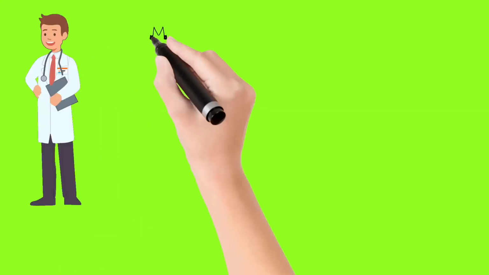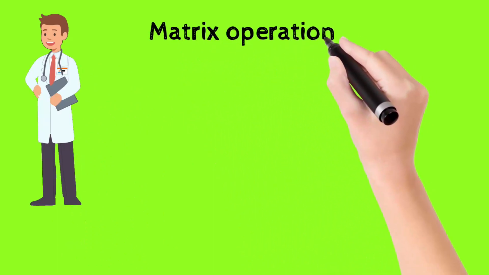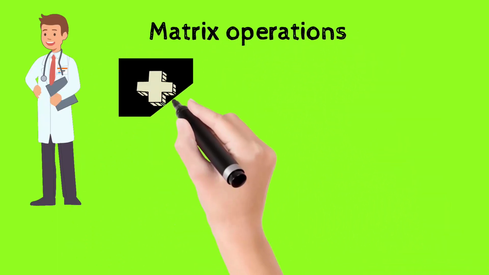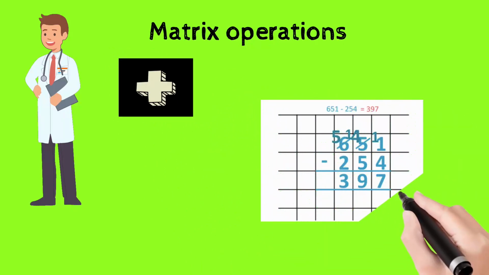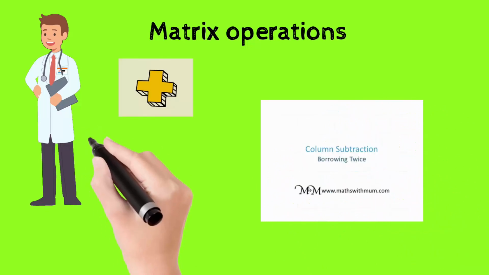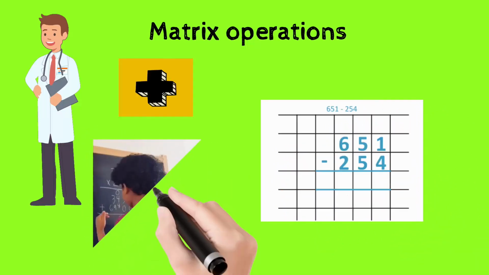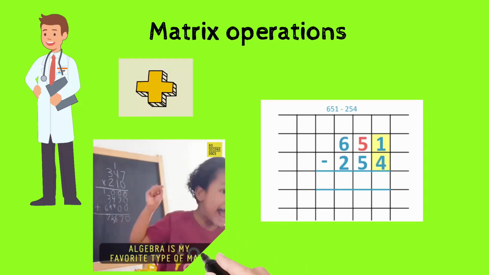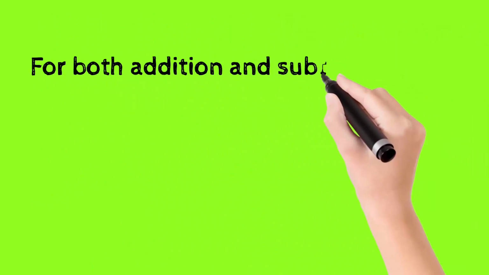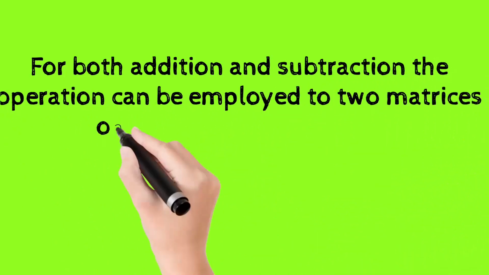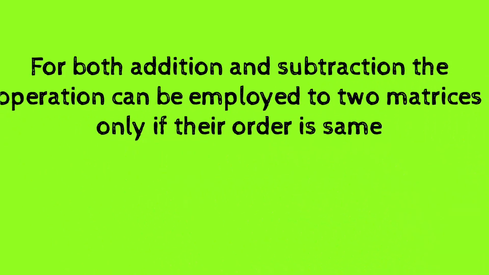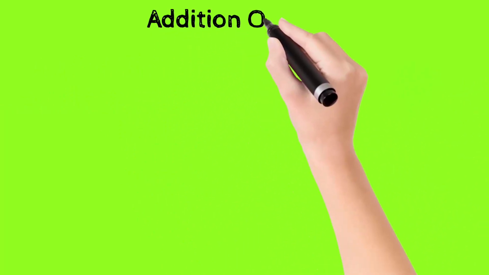So let us move ahead with the different matrix operations. The following operations can be done on a matrix. The first one is addition. The second one is subtraction. And the third one is multiplication. We don't have a division operation on a matrix. Rather, we multiply using the inverse of a matrix. There is one condition the two matrices should satisfy so that they can be added or subtracted. The major condition here is that the order of the two matrices should be equal so that they can be either added or subtracted.